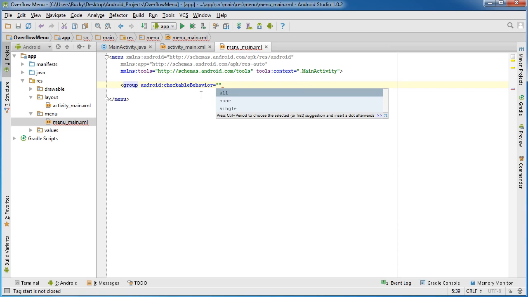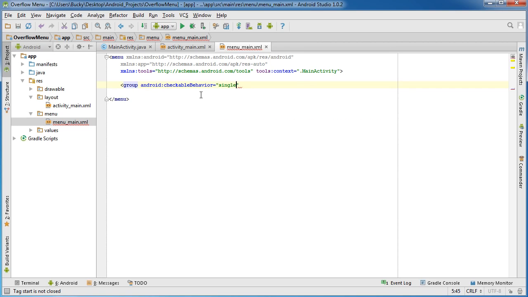and if you hit Android checkable behavior and hit single, what this does is it essentially says, okay, I'm going to be throwing a bunch of items in here, but the user can only check one of them. Cool, simple enough. So now let's go ahead and actually add those items. So item,